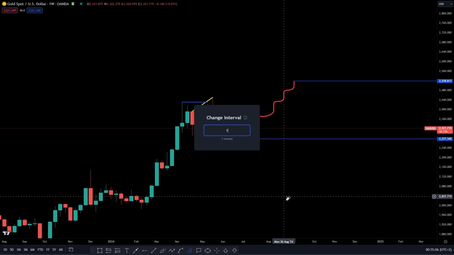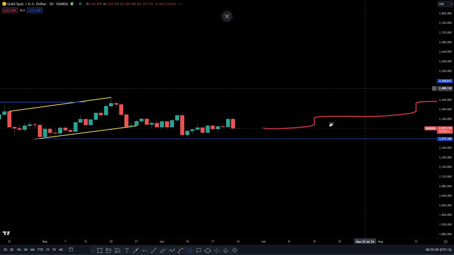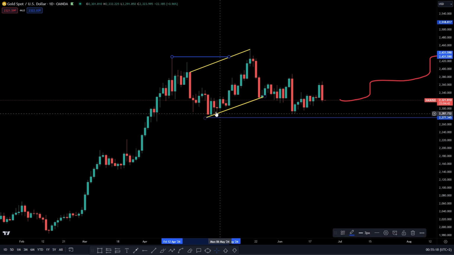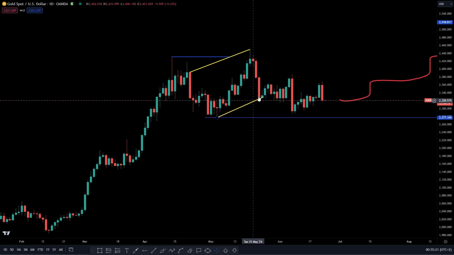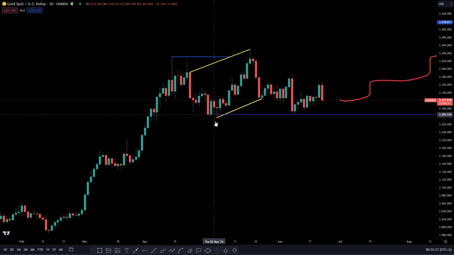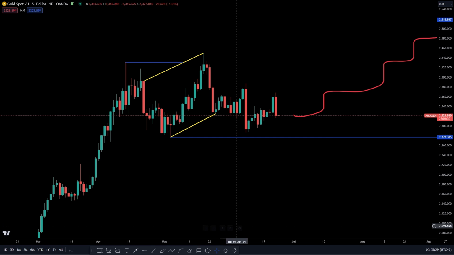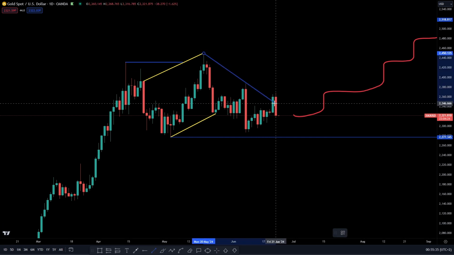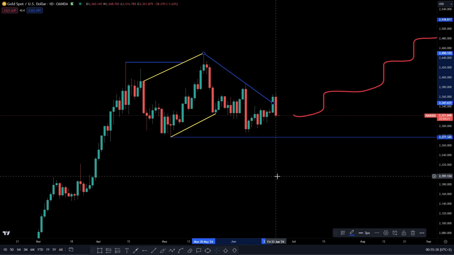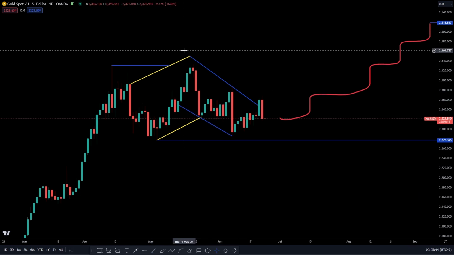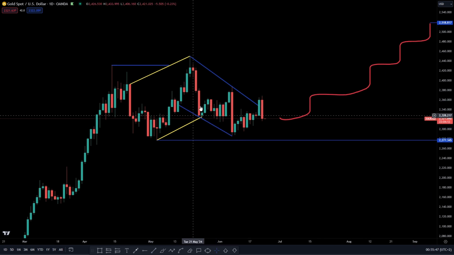Now moving on to the daily time frame. So when I fix structure, I can see that we have another pattern forming. It's a descending channel. So the structure in yellow is the ascending channel. The structure in blue is a descending channel. And